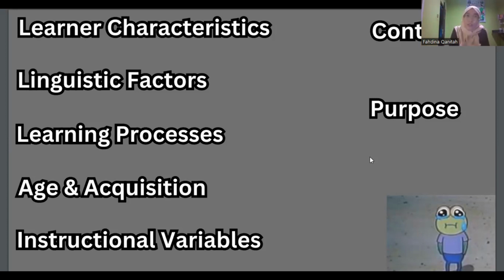What is their motivation? Is it a very high motivation to learn a second language, or are you really motivated on learning English? If they are not that motivated, if their intention is not that strong, we can consider that most likely their learning journey will be a failure. But if their purpose on learning a second language or a foreign language is really high, then it will be beneficial to the learner, to the students themselves.